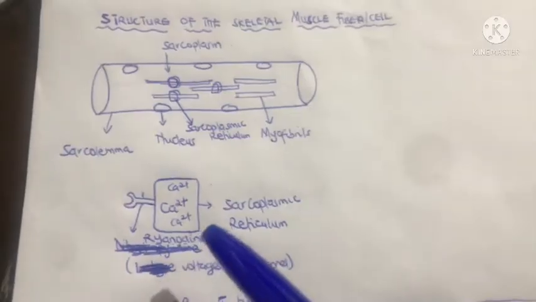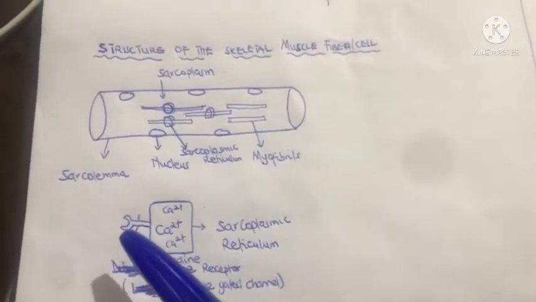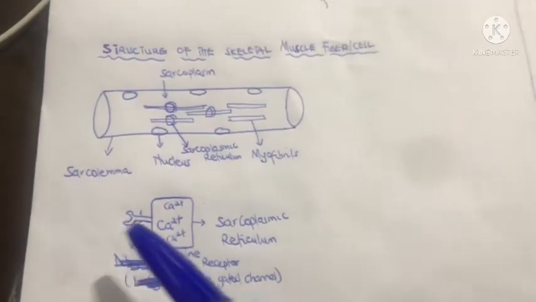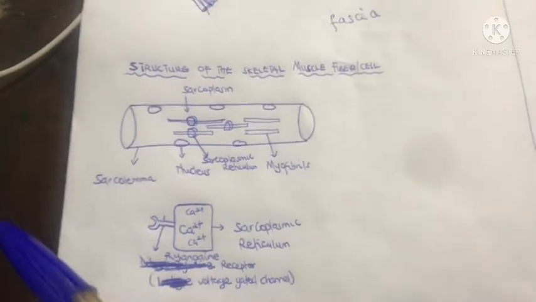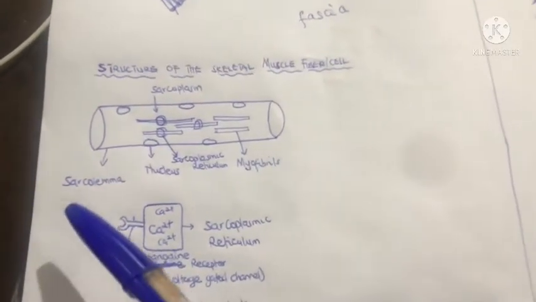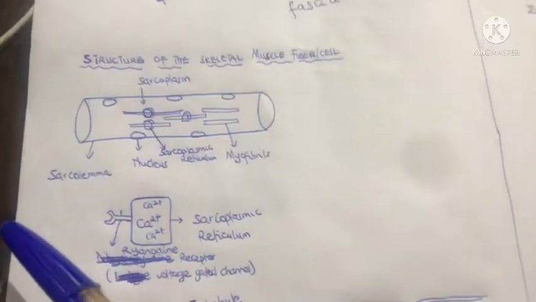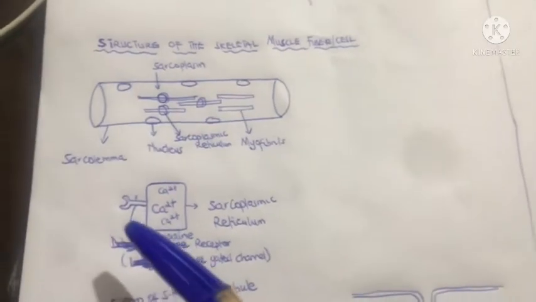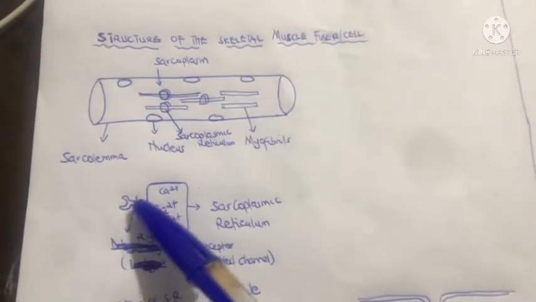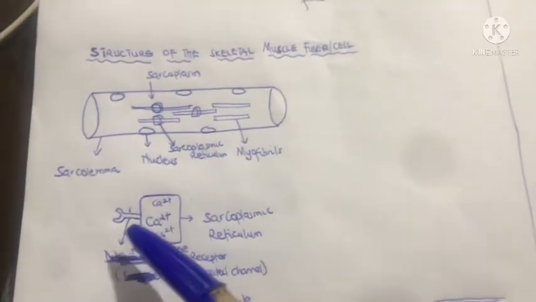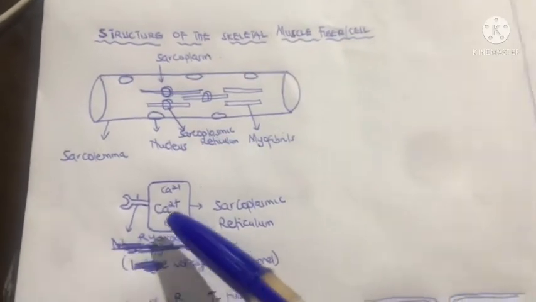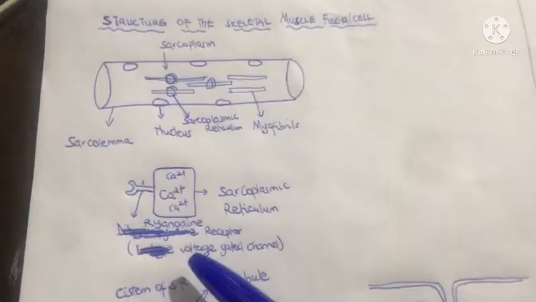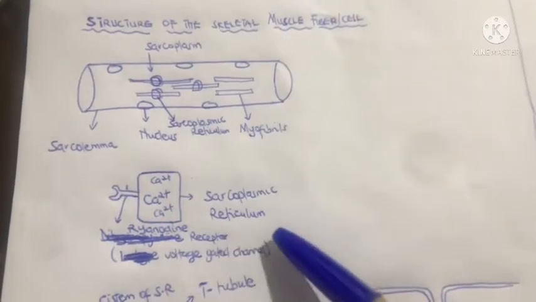This ryanodine receptor, after receiving a stimulus, and specifically the stimulus comes from another receptor that we will look at, and that receptor is found at the T tubule. We will look at that. And after receiving that stimulus, which is in the form of voltage, it causes what? Voltage gated calcium channels to open for calcium ions to flow out into the cytoplasm,